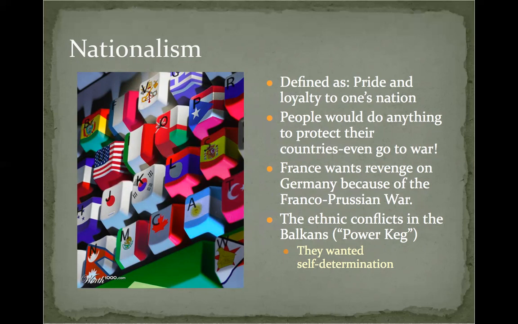You also had some ethnic groups in Austria-Hungary who believed in things like Bosnian nationalism, meaning they believed that Bosnia should be able to decide for themselves their future. This is something known as self-determination. And it created a lot of animosity and tension and conflict between a lot of the ethnic groups in the Austro-Hungarian Empire and with Austria-Hungary itself. So there was a lot of tension that was built up because of nationalism, not just in the Balkans, but throughout Europe.